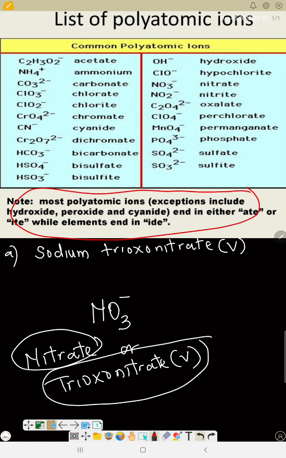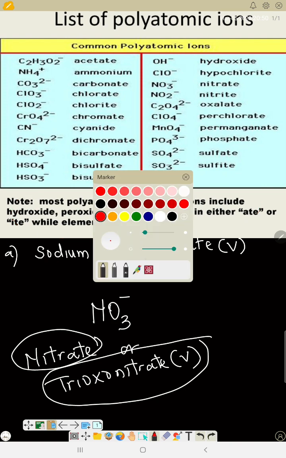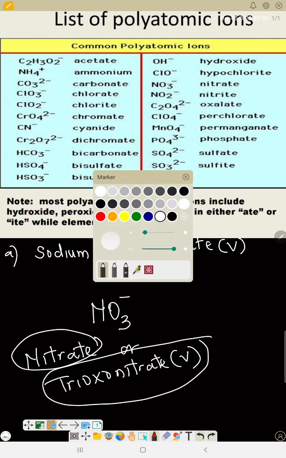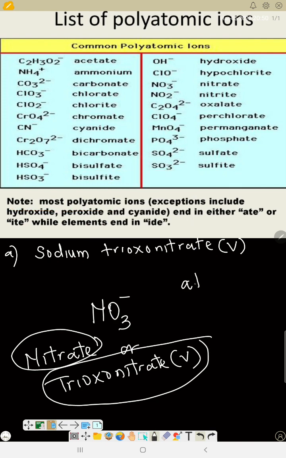So most polyatomic ions, apart from hydroxide, peroxide and cyanide, so apart from these three, most of the polyatomic ions end with ATE, that is this ATE here, or ITE if it is short